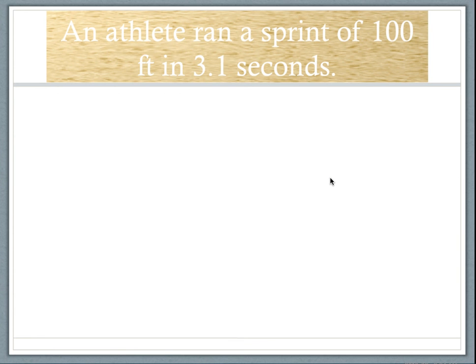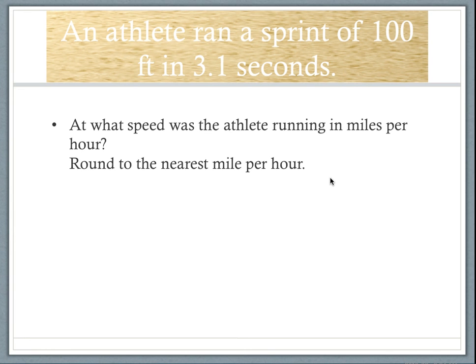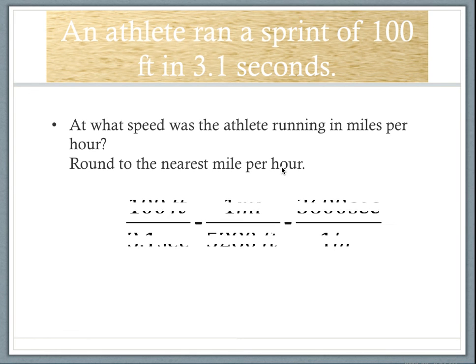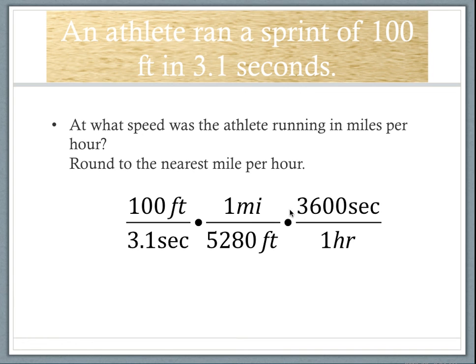Another athlete ran a sprint of 100 feet in 3.1 seconds. At what speed was the athlete running in miles per hour? I'm going to do the same thing. I'm going to start with 100 feet per 3.1 seconds. This time, 1 mile is 5,280 feet. Notice the feet in the numerator and denominator cancel, and 3,600 seconds in an hour, so that I have seconds in the numerator and seconds in the denominator. When I multiply through and divide, I end up with about 22 miles per hour,